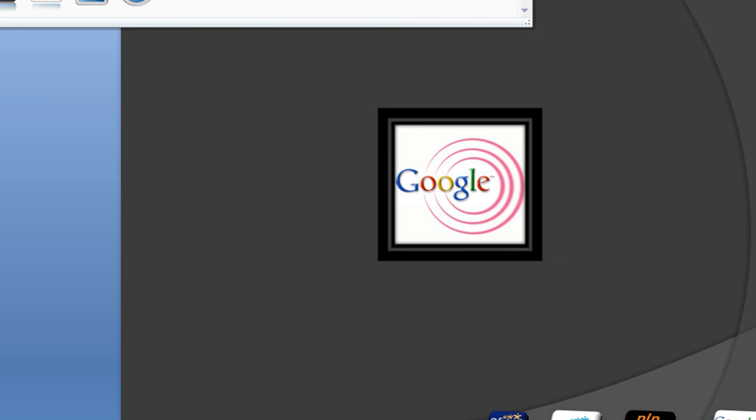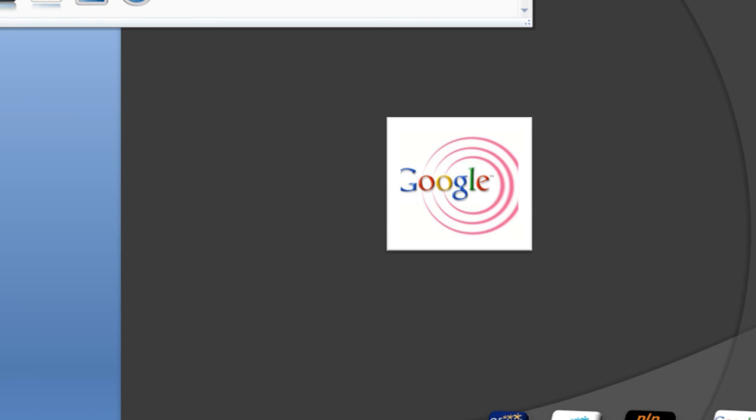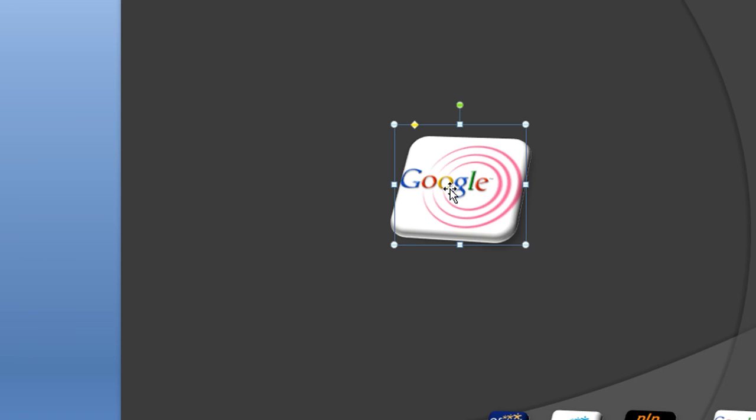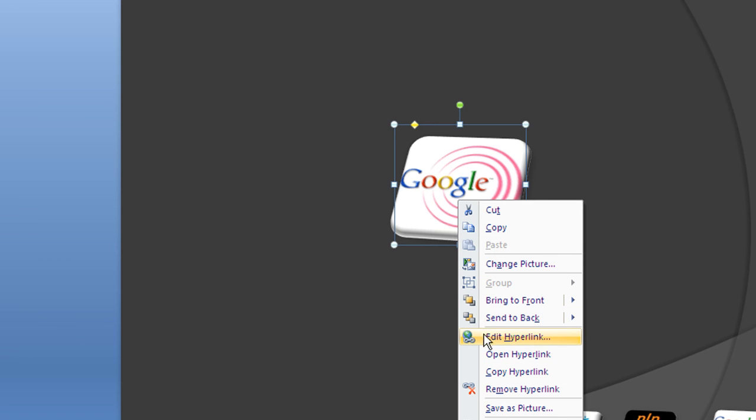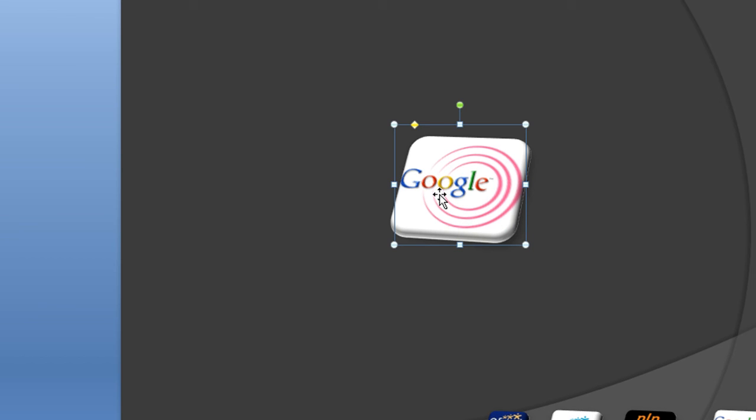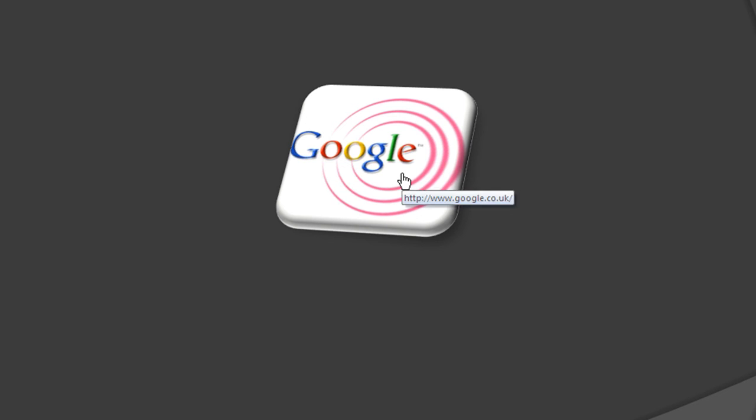But as you can see, it's now changing all the way through. If I decided I didn't want that, there's no reason why you can't use any of the others. And what's more, once you've created the link, you can change the look and feel of it, and it hasn't changed the hyperlink, it's just changed the picture shape. So once we've done that, we've right clicked it, gone to the hyperlink. You'll see now it says edit hyperlink, but we've gone to the hyperlink. We've then selected from the list the reference that we want, i.e. Google in this instance, and then we've run the slideshow from its current slide, and we've tested the link,